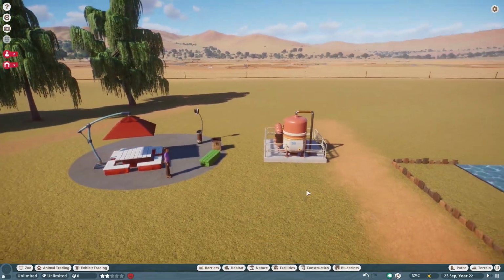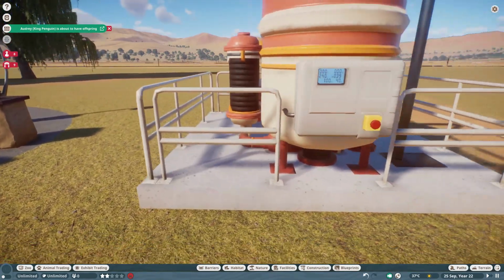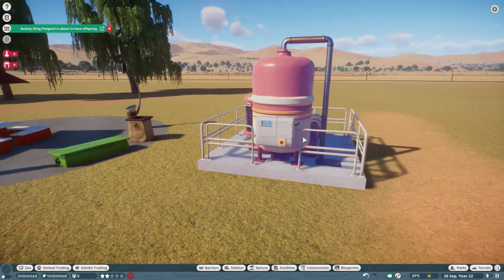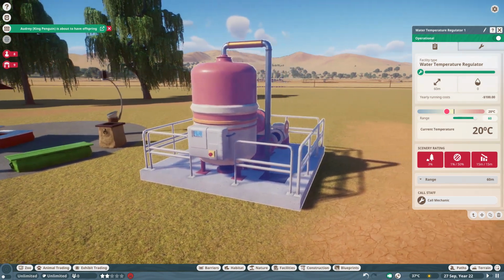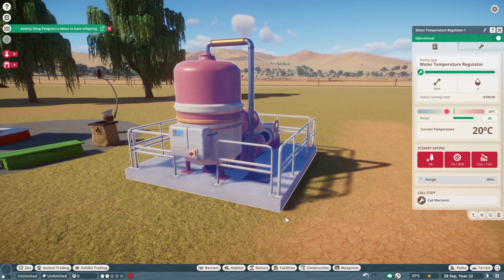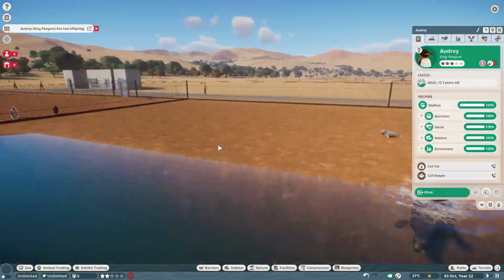Then the other part we have in the facilities, I thought it was on fire slightly, is the water temperature regulator. So this is the new facility. So you've got all your tab with all your ranges, your temperature, things that you want it to be, mechanic stuff, scenery impact, all that sort of thing that's standard. And that is part of...